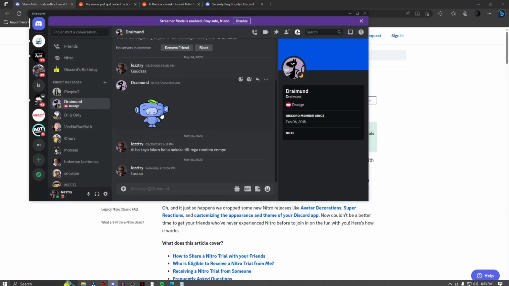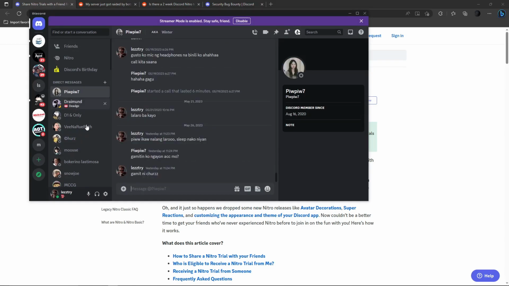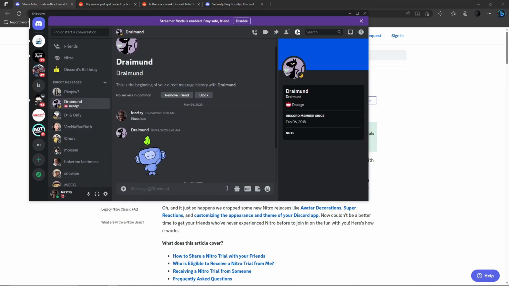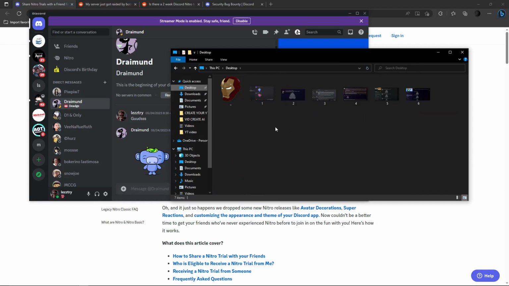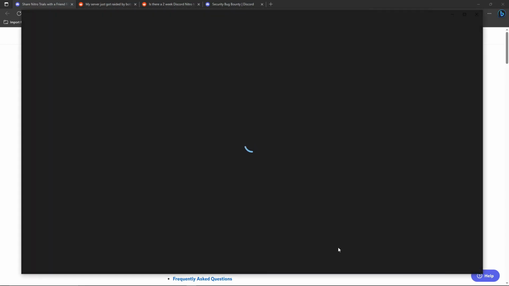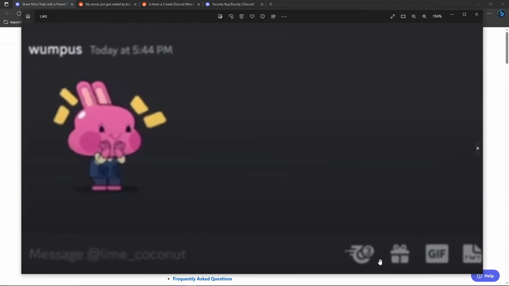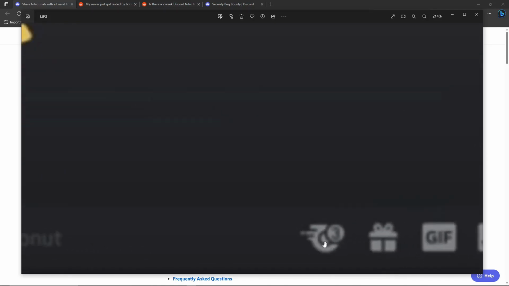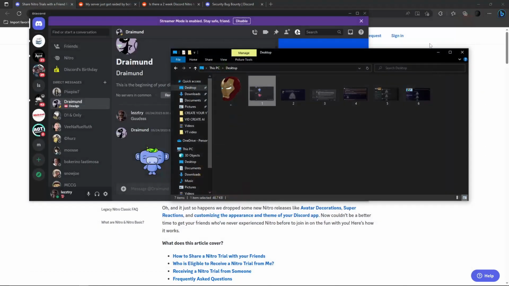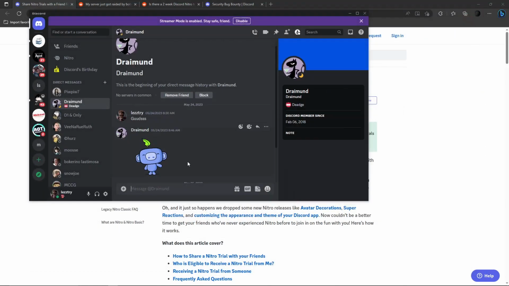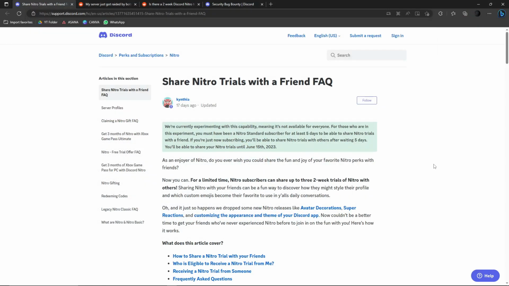Open Discord and choose any friend here. For example, I'm just going to choose my friend here. There should be a sign here, the Discord icon. Let me pull up my screenshot from earlier that I want to show you, because I don't have it technically, but it's this one right here. As you can see, there is a wheel. This is the Nitro logo. You can open your friend, click that one, and from here on out, you can share Nitro to that specific friend. The best part is you can do this for 3 friends. However, again, you cannot share it to everybody.